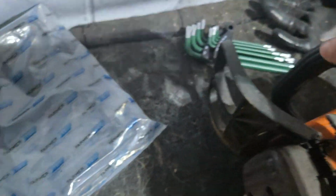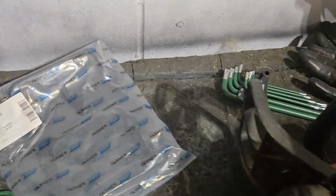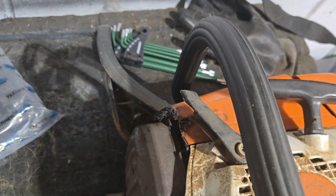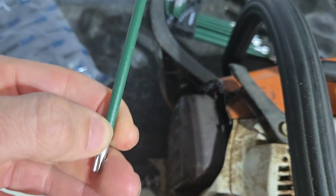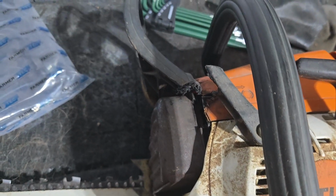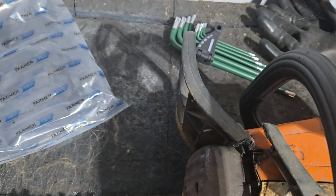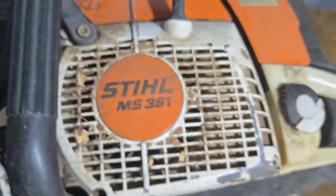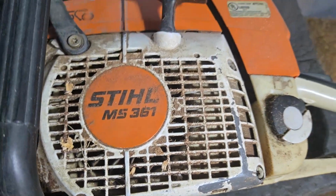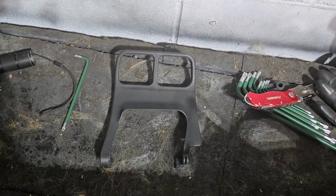For this one, we are replacing the handle right here. So I have a new one here. Let me get this unboxed. Seems pretty straightforward. It is a T27 Torx bit. So we'll strap this thing, we'll remove this thing, and then we will get it replaced, and I'll show you the other side of it, and then I think we'll probably call it. So see you here once we're